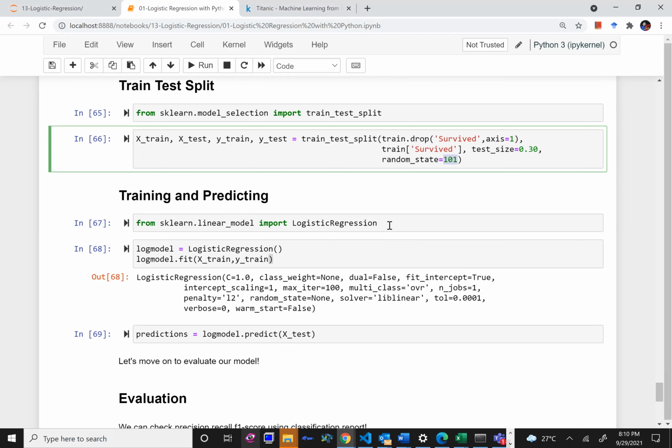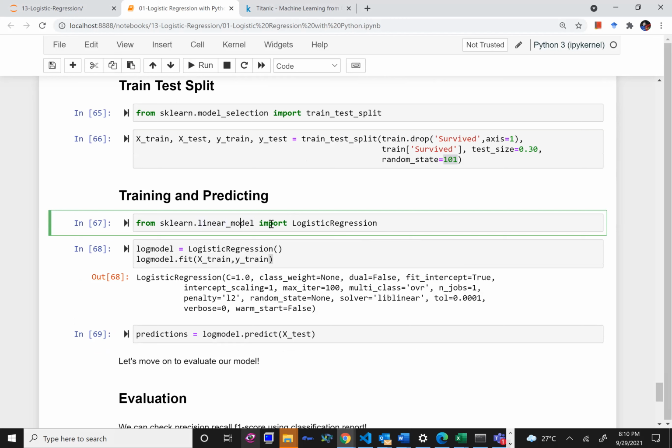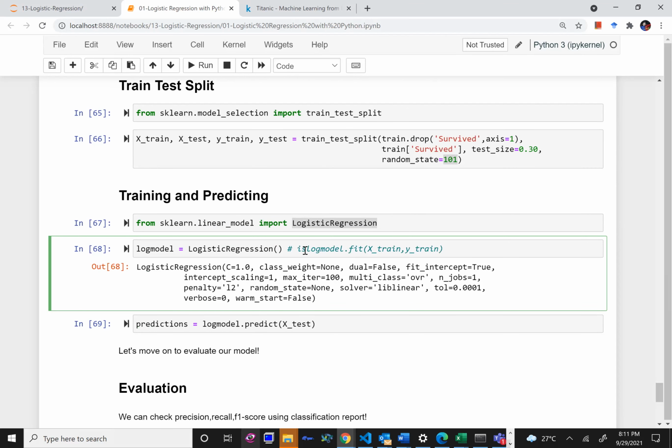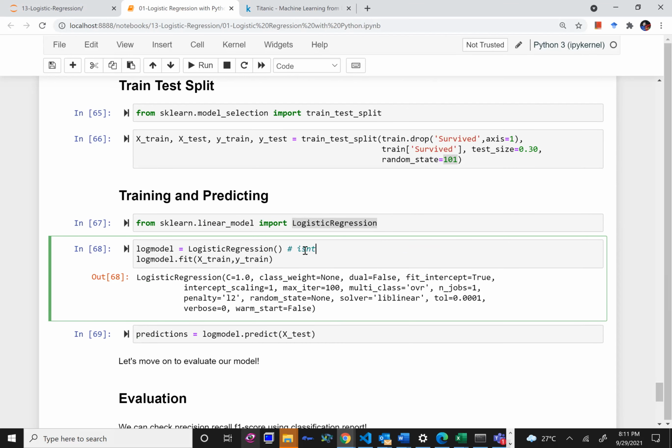Right now, first of all, I want to use logistic regression. I want to make a logistic regression model. So I will import from sklearn.linear_model import LogisticRegression. I've imported the model in my program. Now, to use this concept on my actual data set, I need to create an instance of the model. So we'll create an instance. So log model is now my model that is created.